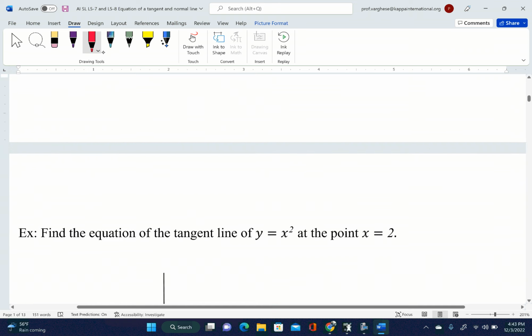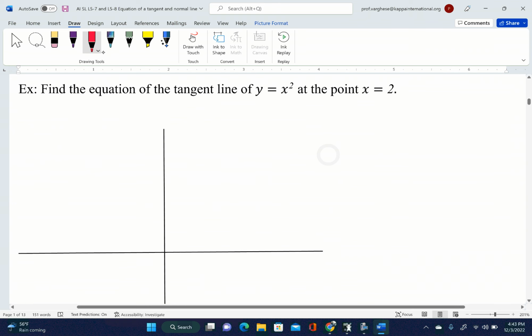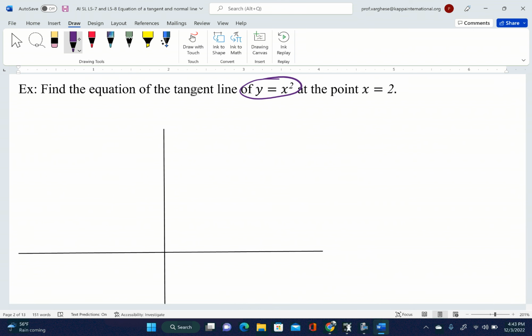Okay, so let's go ahead and try an actual problem. So this will help us out. If I have this very famous equation, y equals x squared, looks something like that, and we're looking for the point x equals 2. That's critical. So if I were to go ahead and graph this, if I say 1, 2, and then this point right here would be,